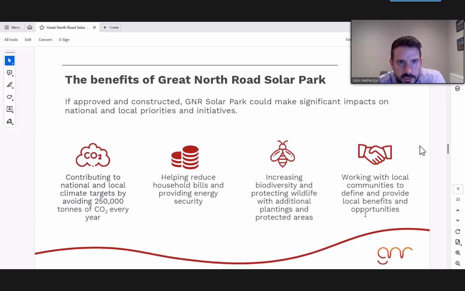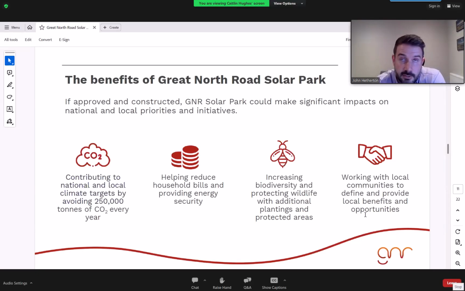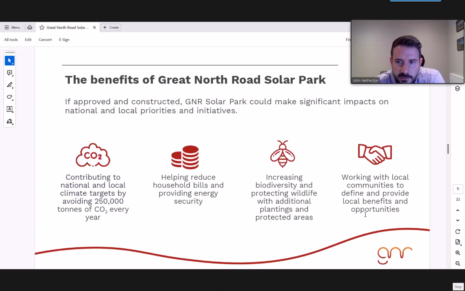In terms of biodiversity, we've currently got around 1,300 hectares of land available for landscape and ecological enhancement. We've created preliminary master plans showing our initial thoughts on how this may look, including around 50,000 trees planted throughout the scheme, wildlife areas, green corridors, grasslands.